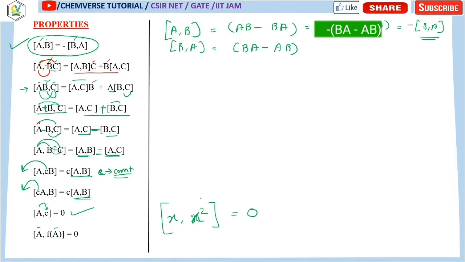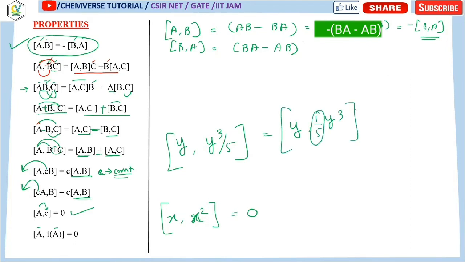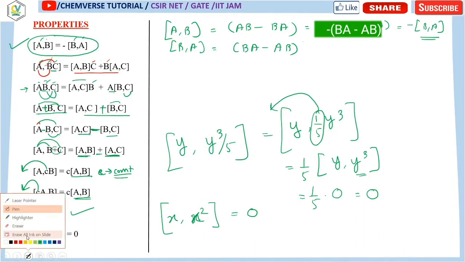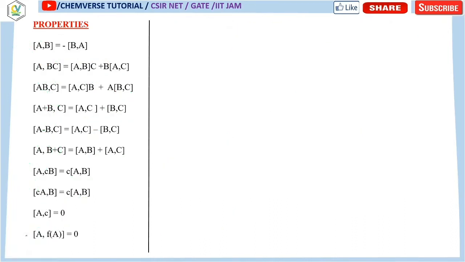In this way, suppose we take the commutator of y and y cube by 5. Over here you can see it is y cube into 1 by 5, which is just a constant, so you will take it out. So it is 1 by 5 times the commutator of y and y cube. Now y cube is nothing but a function of y, so it is 0. So overall the commutator has 0 value. In this way you can think. Clear? Okay, so you can take a screenshot of these properties, and now we are going to move on to